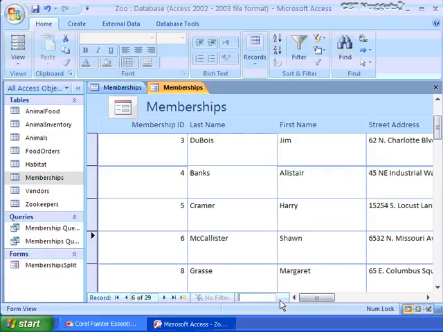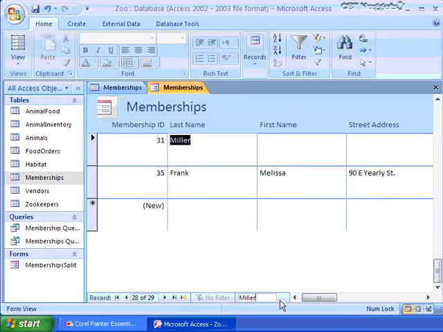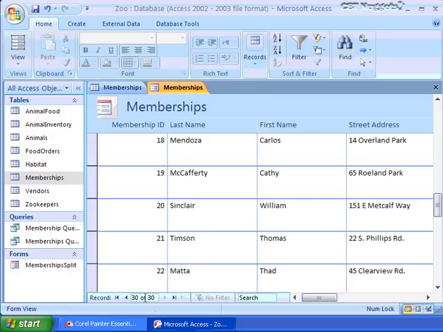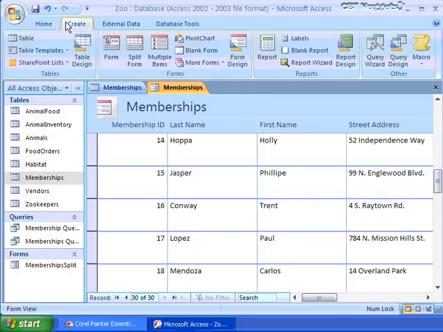We can, of course, search as well. Miller, there we go. This is a junk record. It's a good idea that we went to see our Miller record so that we could actually fill it in with valuable data, but we're not going to do that right now. All right. Fantastic. These are the basic types of forms that you can create simply, easily, with a click of